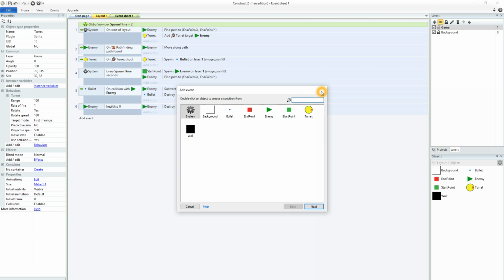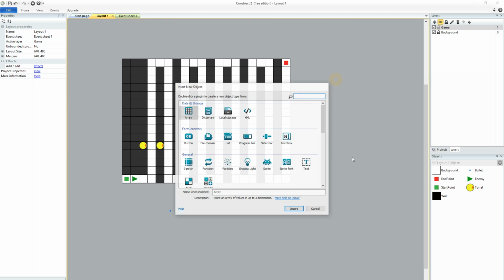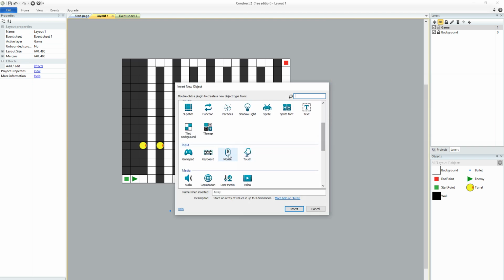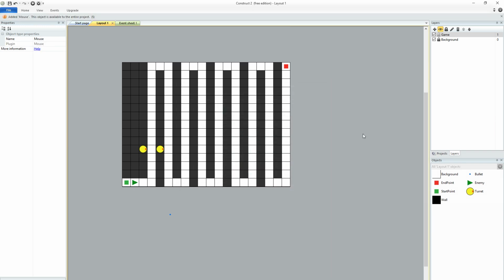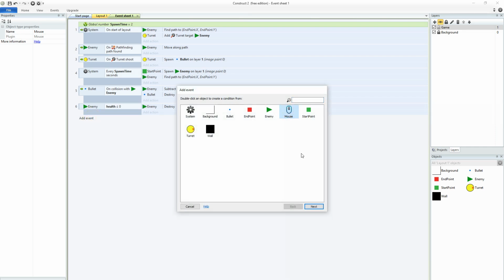So let's, before that we just need to add the mouse. If you scroll down, there's something called mouse, and just insert it. The project takes it. Just give it a couple of seconds so it will be available in the project. Okay. Now if we go to and check the mouse,